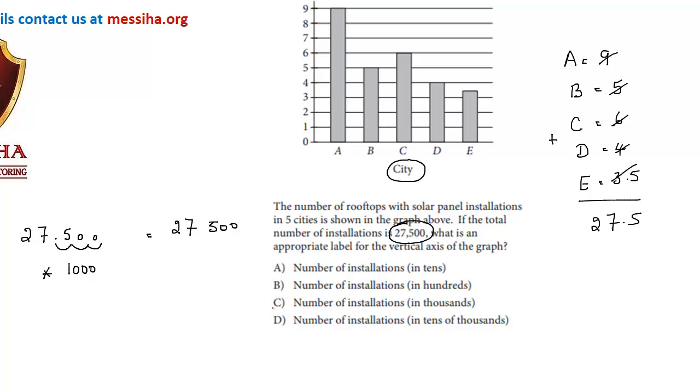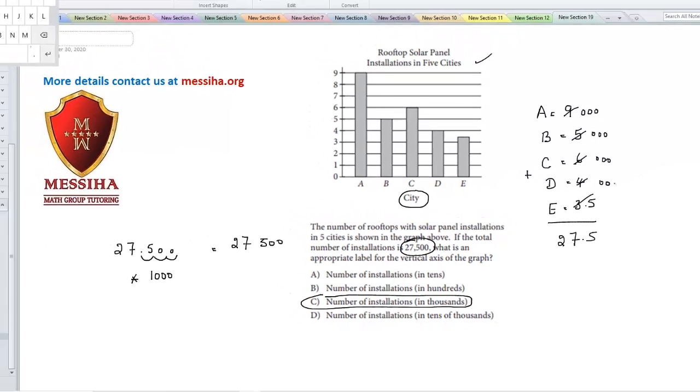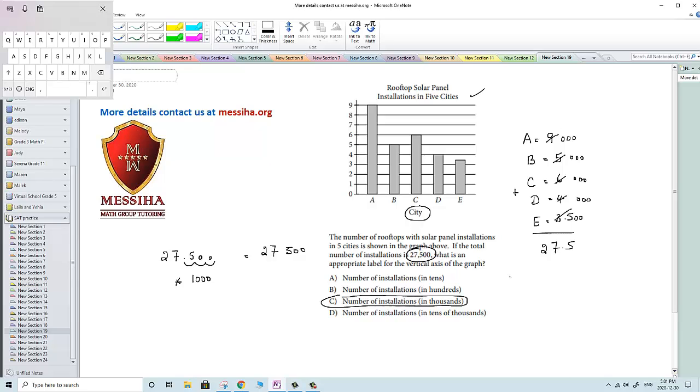So the right choice is going to be the number of installations in thousands. Instead of 9, it should be 9,000, then 5,000, 6,000, 4,000, and 3,500. This is the correct information to get, at the end, 27,500. So the right choice is number C. Next,